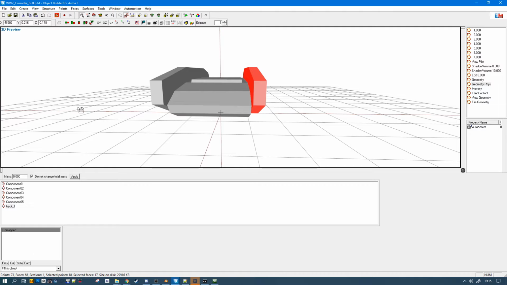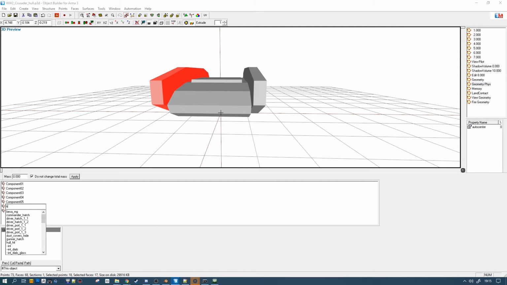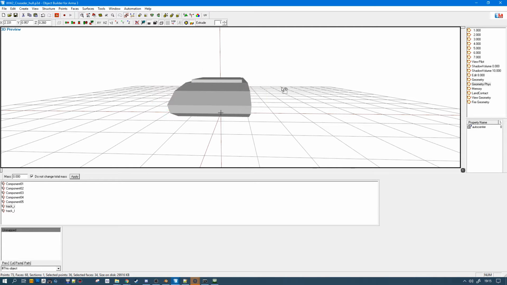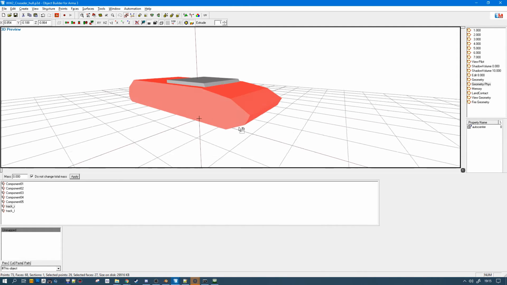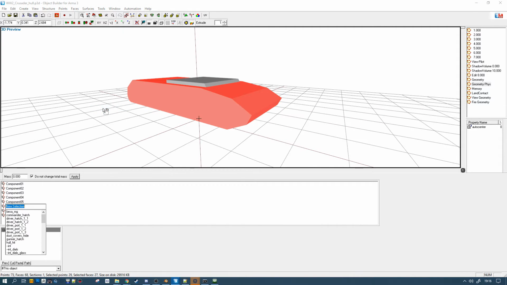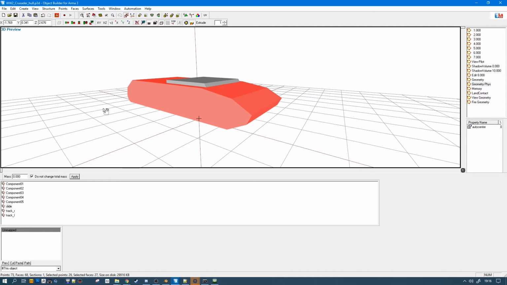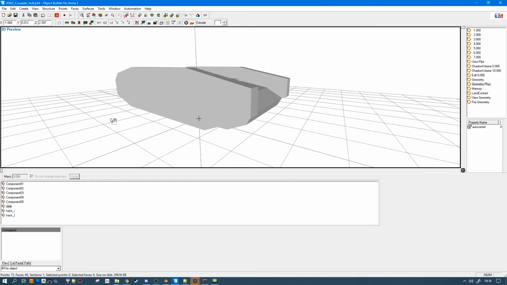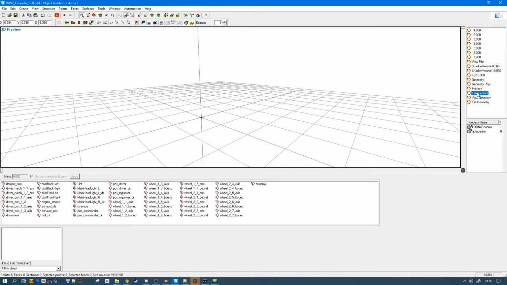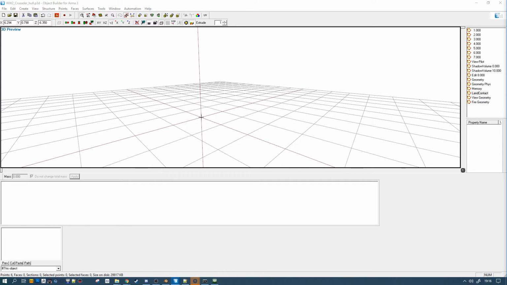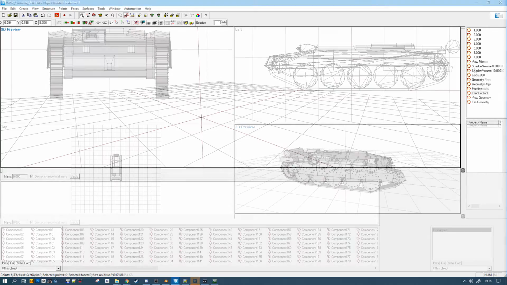So you have to name it track left for the left track, track R for the right track, and the part of the hull that is going to collide with the ground has to be named slide. Those are required so the physics engine knows what part just hit the ground, etc.